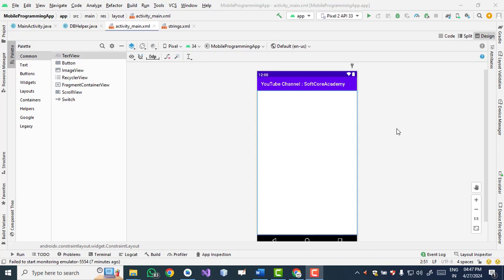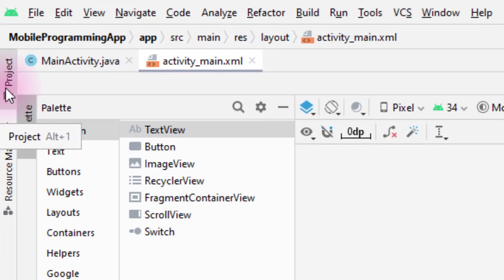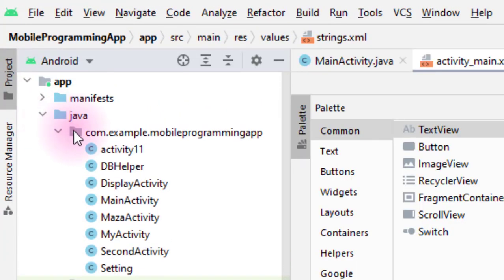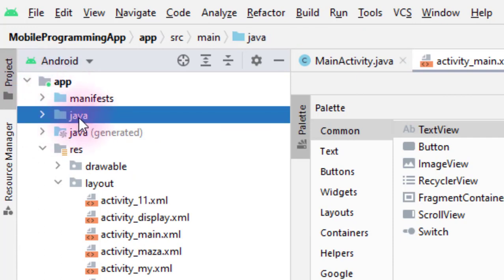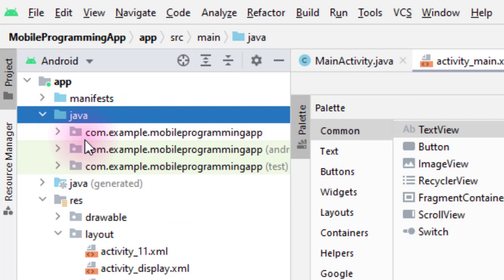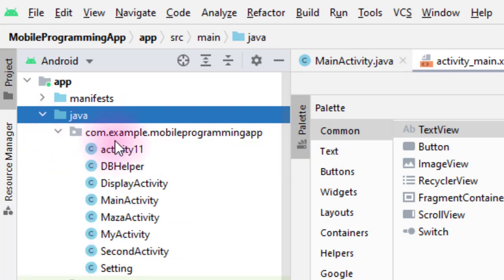In this video we see how to implement the SQLite database using Android Studio. So without wasting time, let us start with the practical implementation of the SQLite database. The first step is to go to the project. In the project we have an app. In the app, expand Java, and here we have a